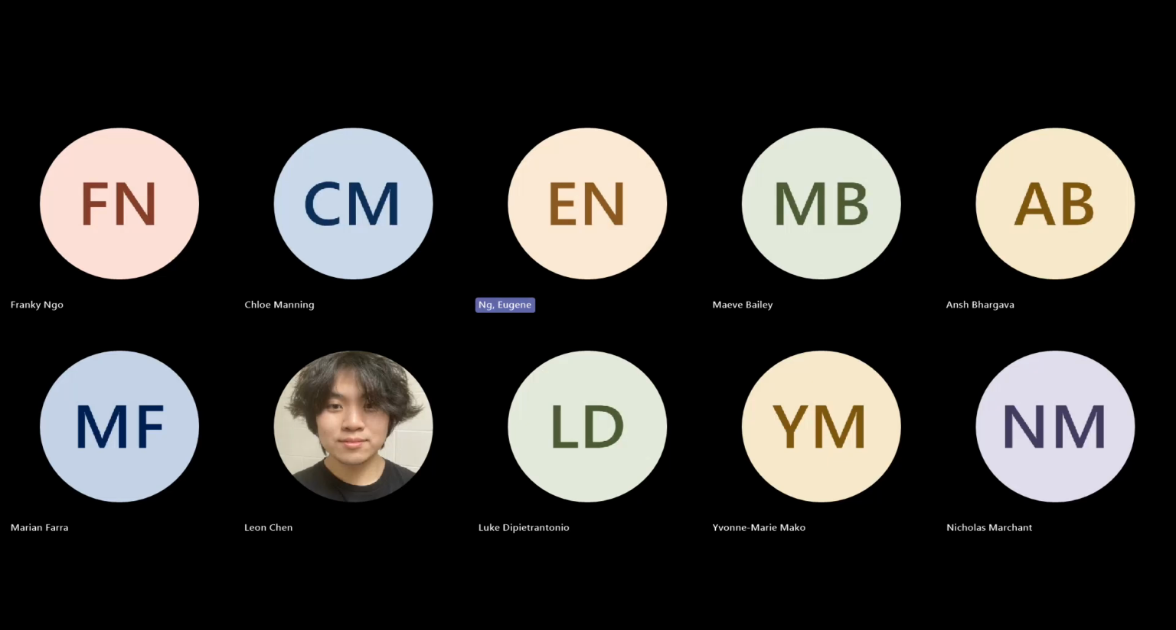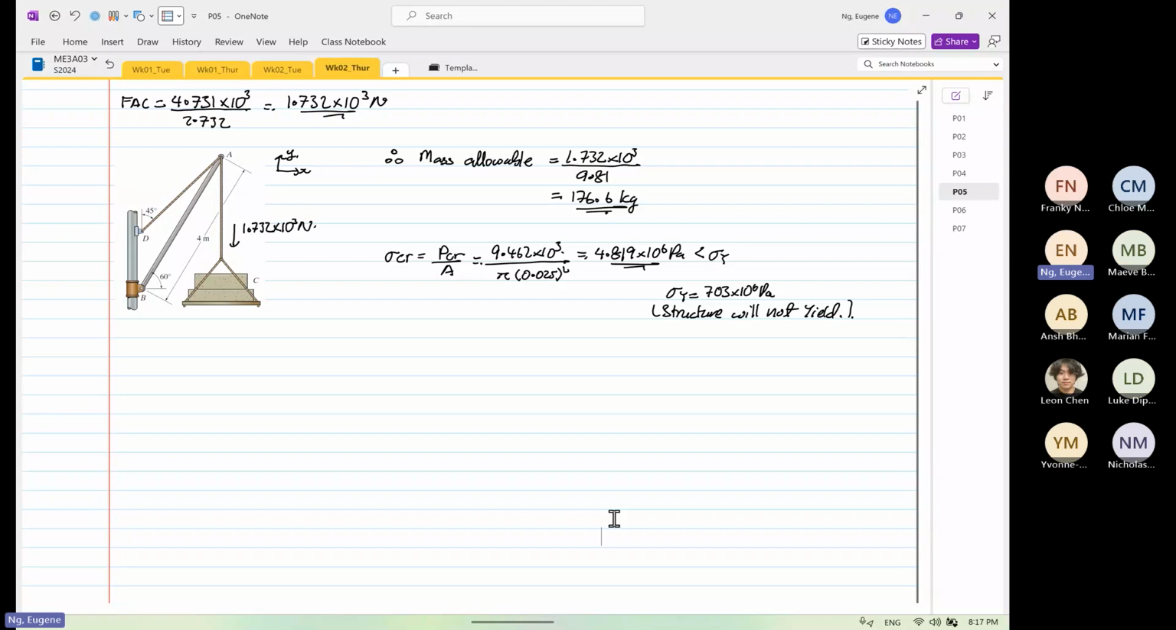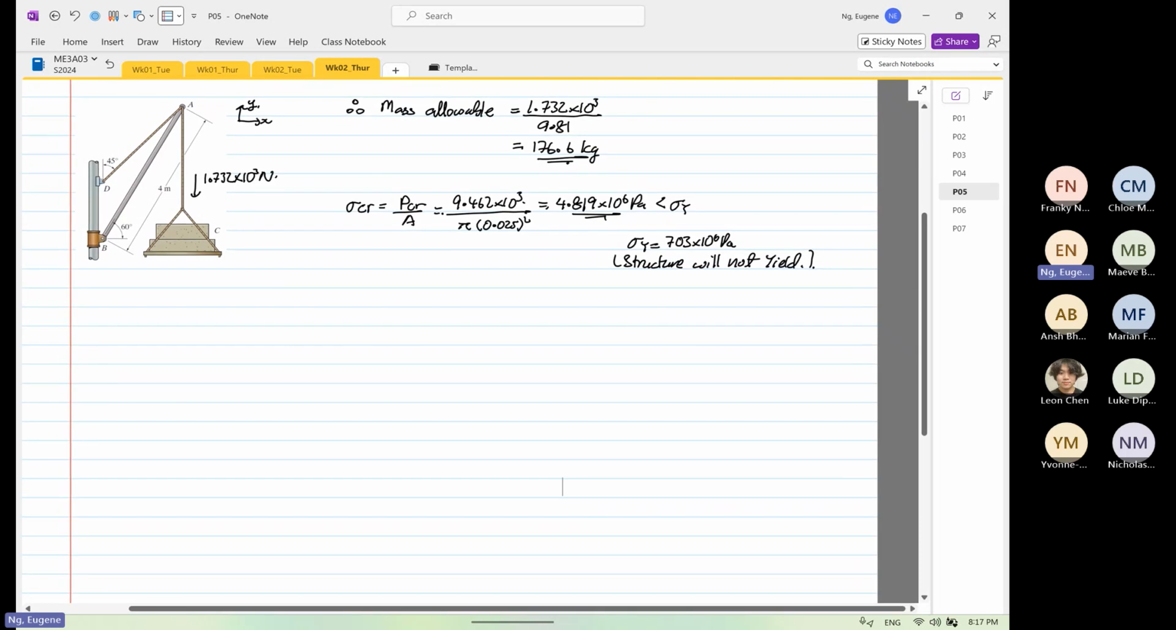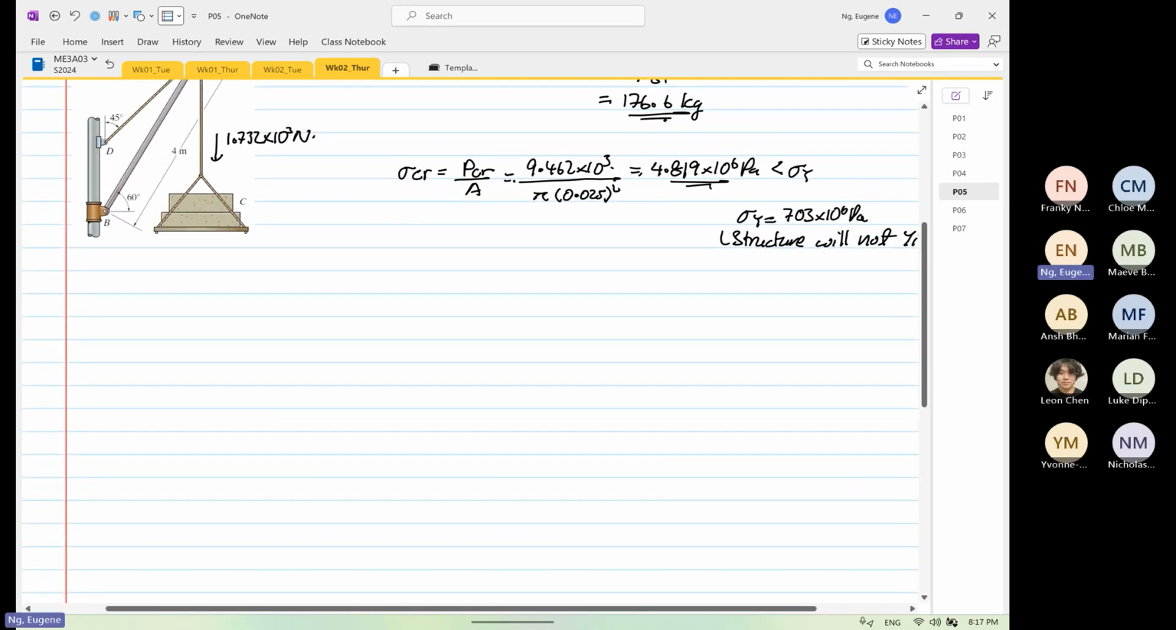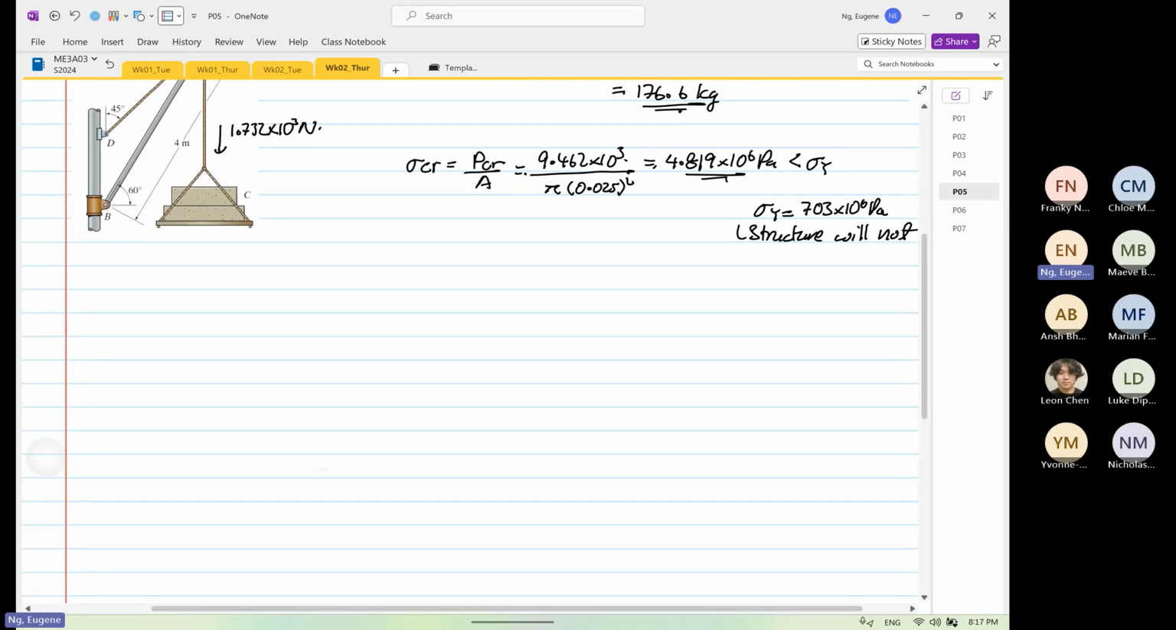So the next, there's another example that I would like to do, but it's very similar to what I've just done, so I won't do it. But rather than that, we will go into the next topic. Okay, we are still under buckling. So the next topic that we're going to look at